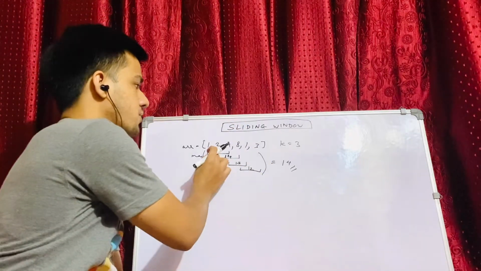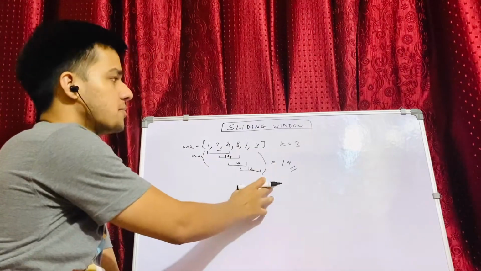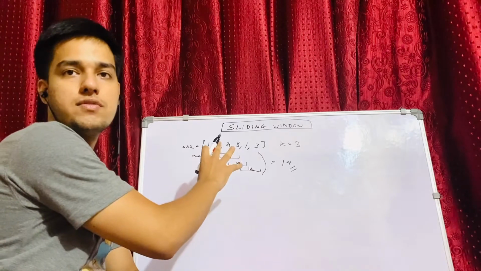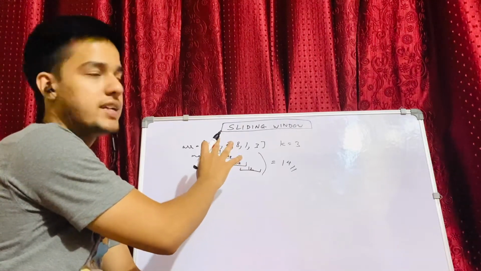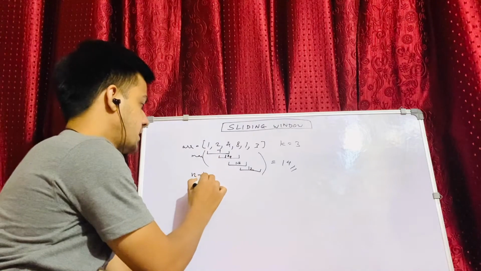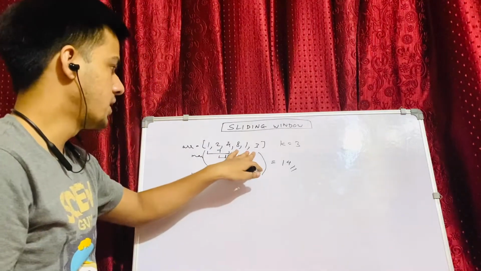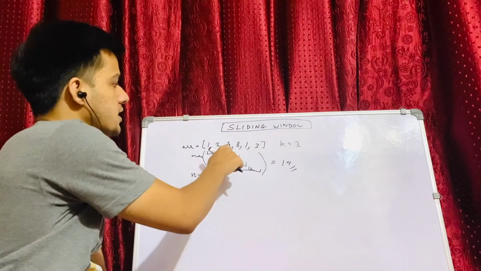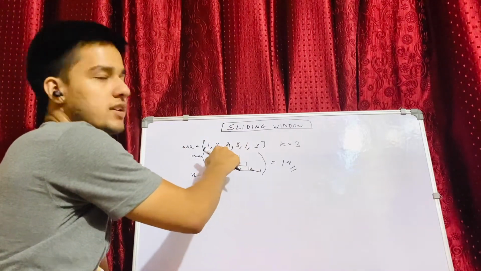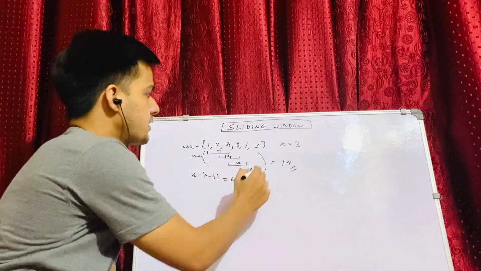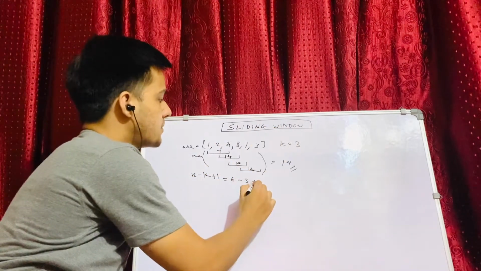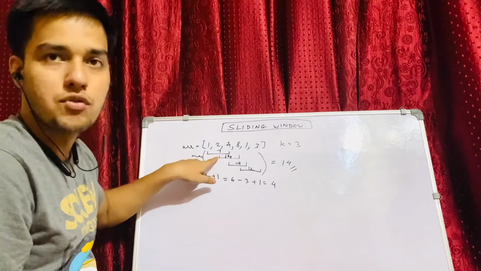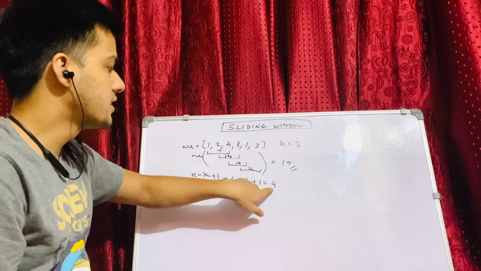For each and every index, there are at maximum n indexes, right? So the total number of subarrays of length k that you could possibly get is actually n minus k plus 1. For this particular case, my n is the number of elements in the array, which is 6. So we have a total of 6 elements in this case. We have k's value as 3, so 6 minus 3 plus 1 is actually 4, which is what we got here.